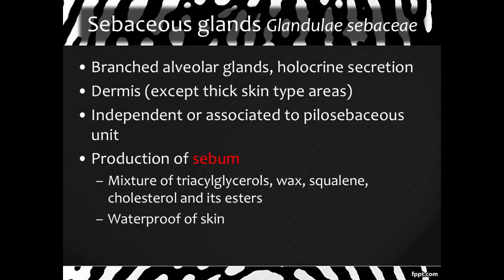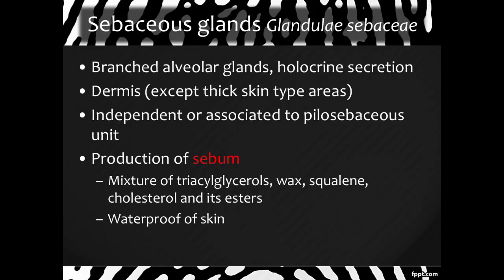Ultimately, both the secretory product and cell debris are discharged from the gland as the sebum into the infundibulum of the hair follicle, because most of the sebaceous glands are associated with the hair follicles,